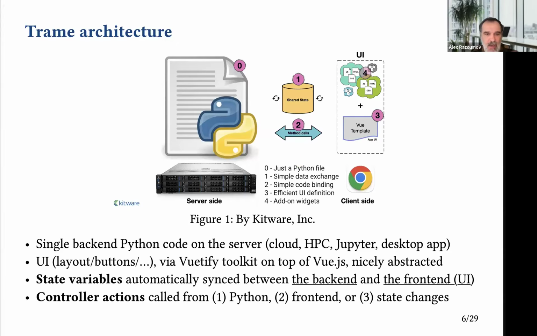This is where Trame comes in. So the whole idea of Trame is that it's a single Python application. Usually it's a single-file Python code that you run on the server. And the server could be on your own computer, could be somewhere on a cloud virtual machine, could be on an HPC cluster, et cetera. You can also run it inside Jupyter. You can package it as a standalone desktop application. And basically,